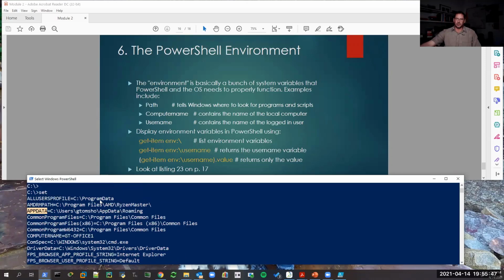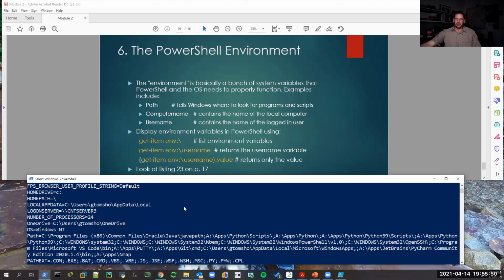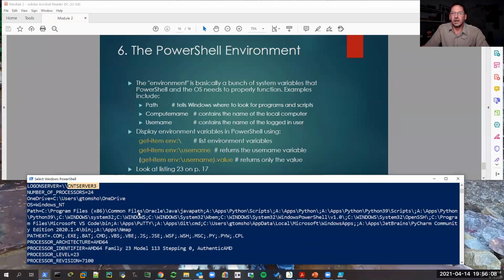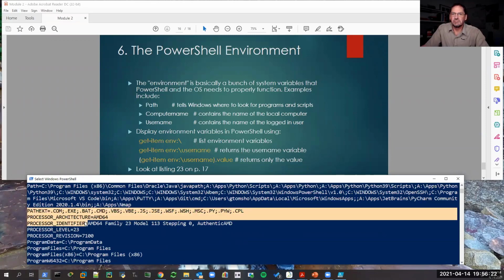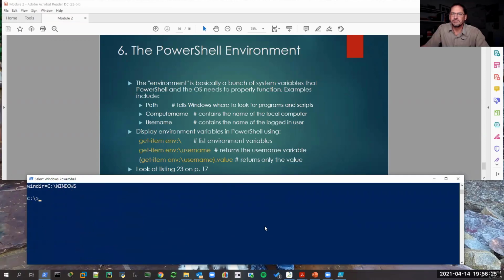So these are all part of the Windows, DOS, whatever you want to call it, command prompt environment. A lot of them are paths, but some of them are other things, like the name of the server that logged me in. In other words, when I logged into my computer, a server out there responded to the login request and handled the login, and that's the name of the server that did that. So all kinds of different stuff that you can find out about your current environment in Windows by opening a command prompt and typing set. It tells you the processor architecture and stuff like that, the current logged on user, username,